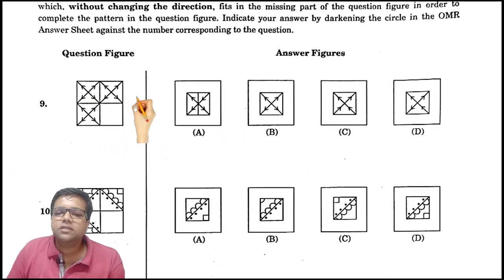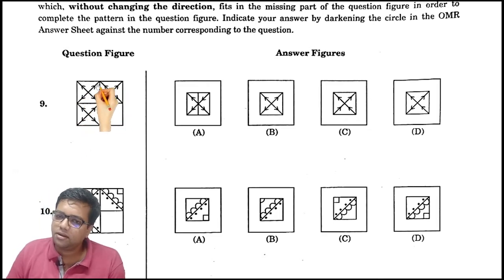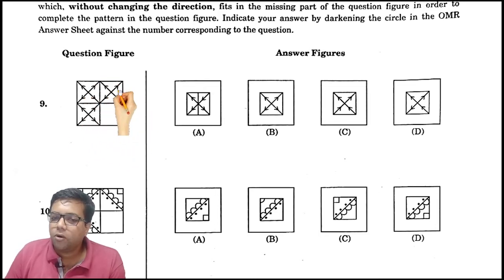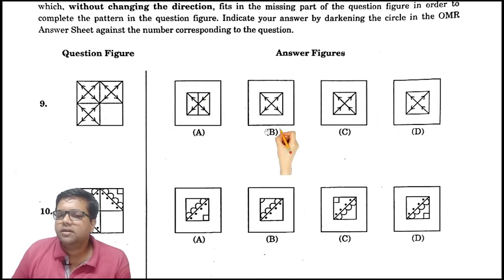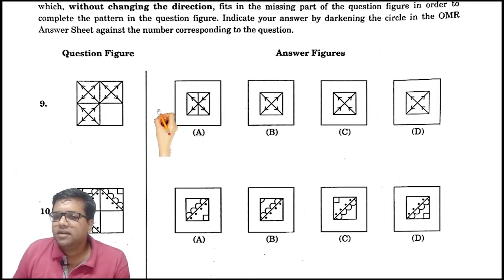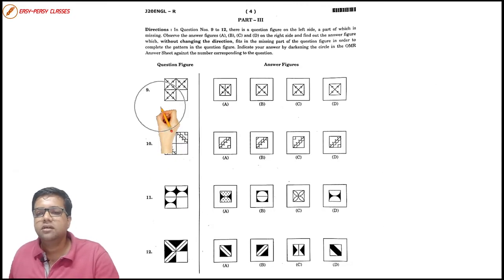See, there is a question given over here, and there is a kind of series or kind of logic which is being interpreted among the rest of the figure, which you need to understand, and according to that you will have to fill over this missing part. You need not fill over this missing part, because in the answer itself the missing part is given over here. Very smartly, logically, you will have to identify it. That is all the job which is asked for us to do. All right, let us see how to solve this question.